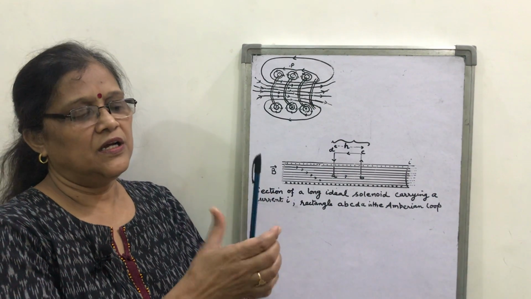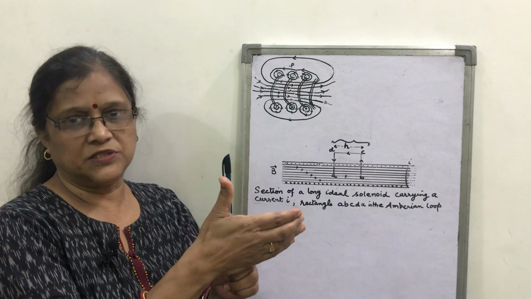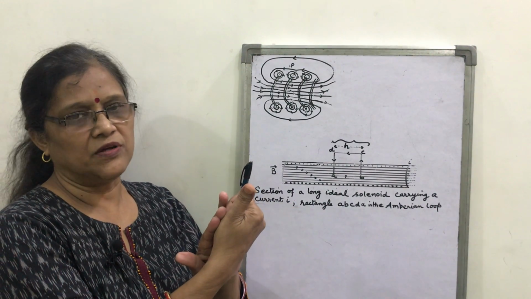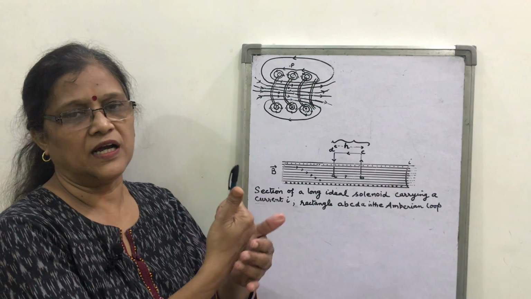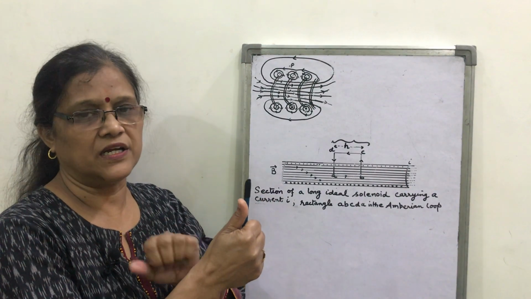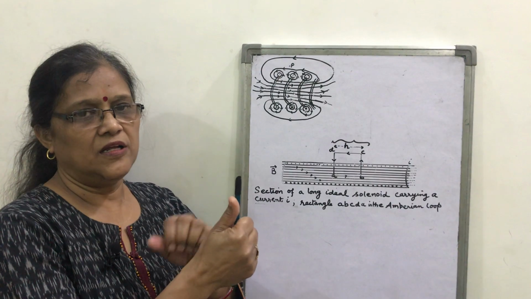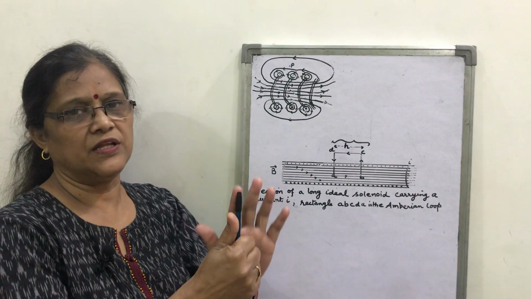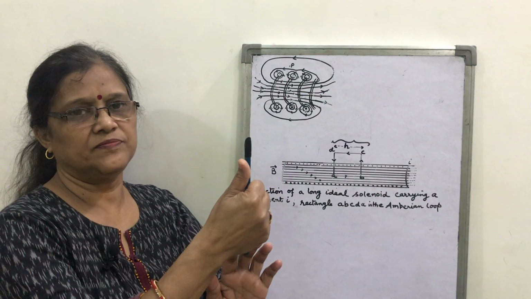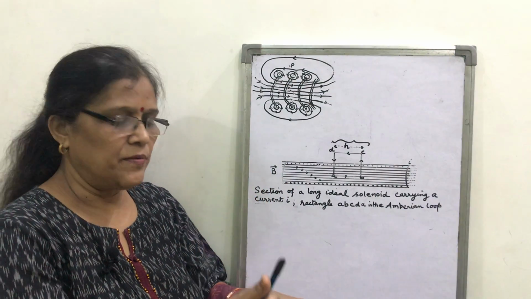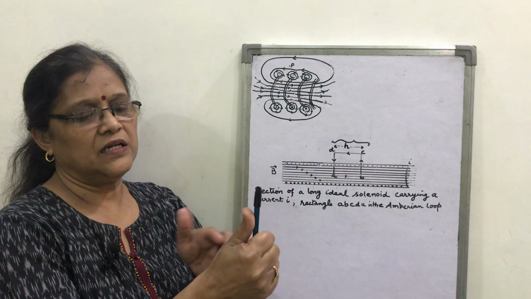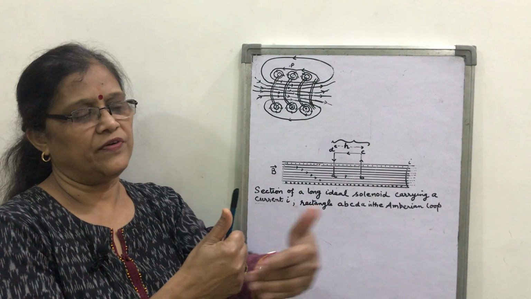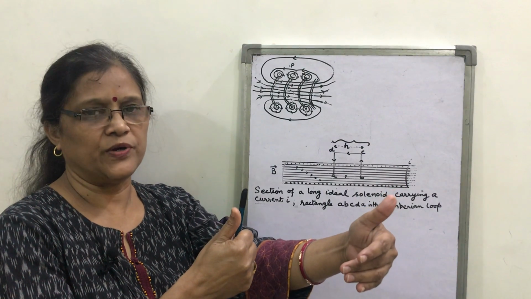If the right hand thumb denotes the direction of current in the wire, then the curling of the fingers around the wire denotes the magnetic field lines in the form of concentric circles. The magnetic field lines are concentric circles, with current flowing in the wire like this. Its direction is given by the tangent drawn at any point on the circle, which gives the direction of the magnetic field at that point.